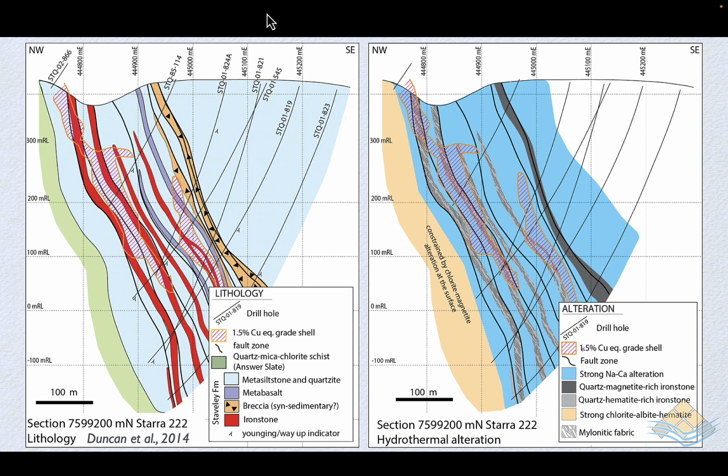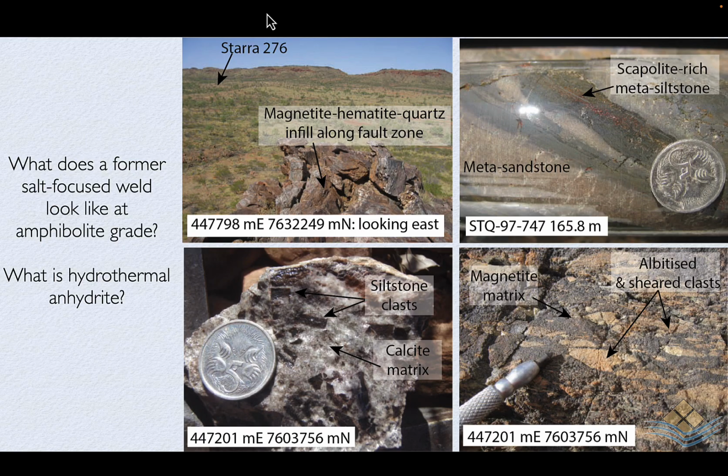We also see in association with this very strong mylonitic fabric, sheared fabrics, possibly sheared at levels of former meta-evaporitic associations. Now, I'm not going to go into any further detail on this. I refer you back to the meta-evaporites chapter in my book if you want more detail on these meta-evaporitic associations. But the last comment I want to make: what does a former salt-focused weld look like at amphibolite grade? Well, this is what it looks like in the Staveley and the Corella Formation, where we have a series of